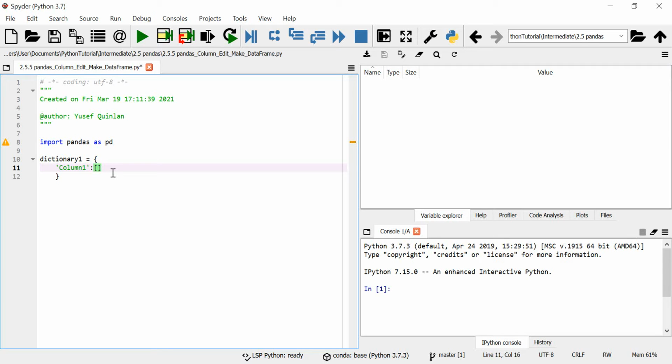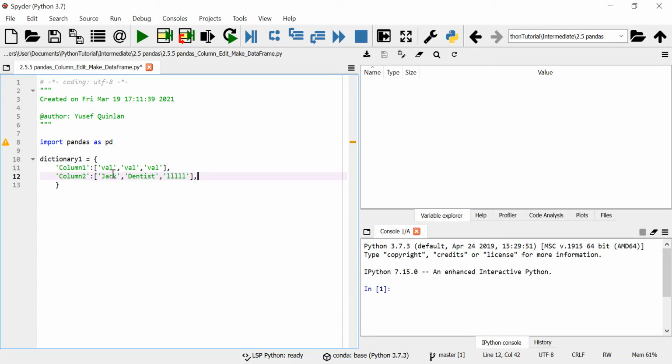Now, I've decided that I'm just going to have 3 values. For column 1, they're all going to be called val, just to show a generic value can be put in. We're going to have column 2 as our second dictionary key. And we're going to have 3 values again, just random values. So we're going to say Jack, we're going to say dentist, and we're going to say